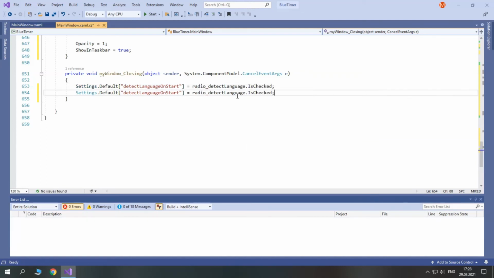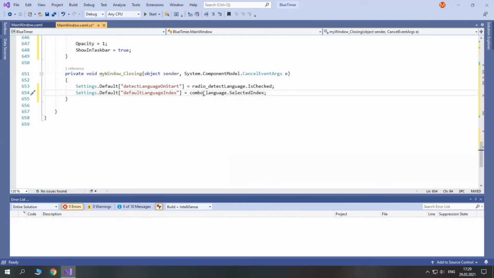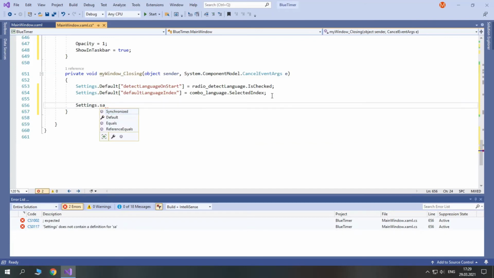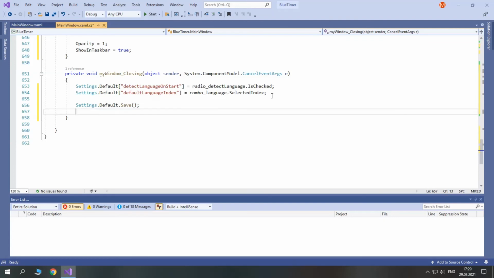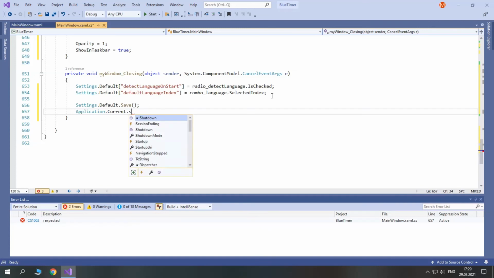Okay, and then default language index, we set it to combo language dot selected index. After this, we save our settings dot default dot save, and then we finally shut down our application. So application dot current dot shutdown.